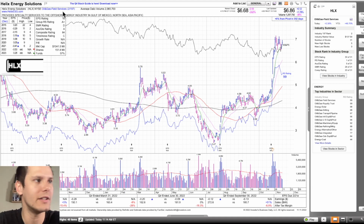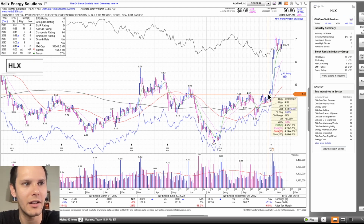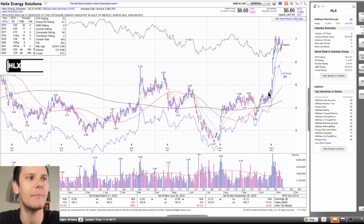This is an oil and gas field services, second strongest group out of 197. So we got that A+ group strength rating, A accumulation distribution. Lots of power in this name. You can see all the heavy volume days coming as this shoots through the pivot around 4.60 all the way up to $7. From there, we've spent about 2 weeks just trading sideways, allowing that 8-day EMA to catch up